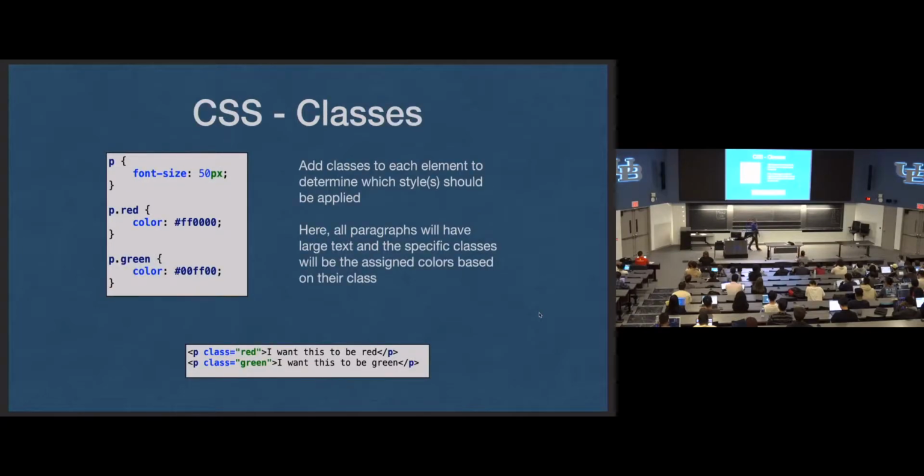Well, CSS is going to help us with classes. So we're going to add a class attribute to our HTML open tags to our elements, and then we're going to use those class names in our CSS. So I'm going to specify class red, class green,